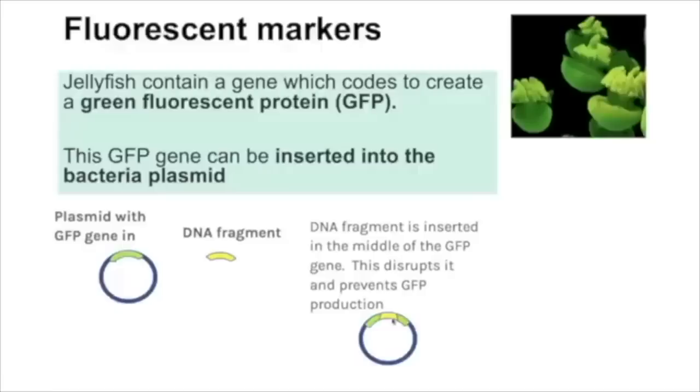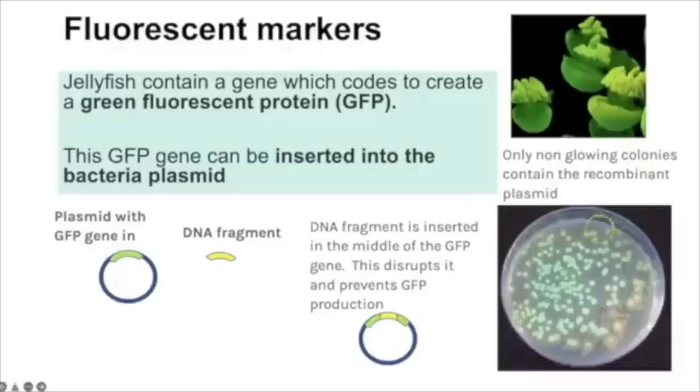So that's what we're looking for, is when we grow the bacteria, all of these colonies which are not bright green, they must have the gene disrupted by the DNA fragment. So the ones that are not glowing are the bacteria of interest. The ones that are glowing have the original plasmid with the gene still intact, so the DNA fragment didn't successfully